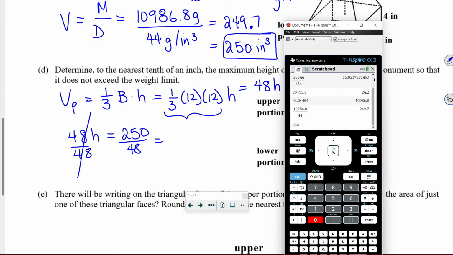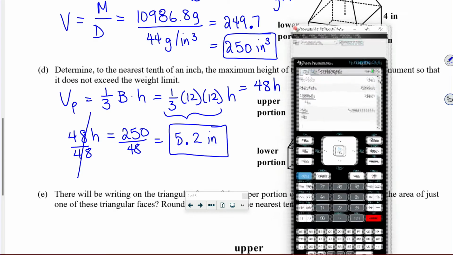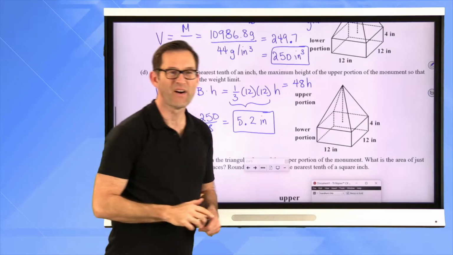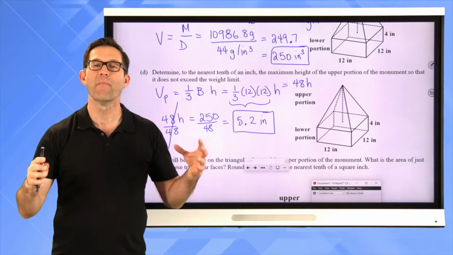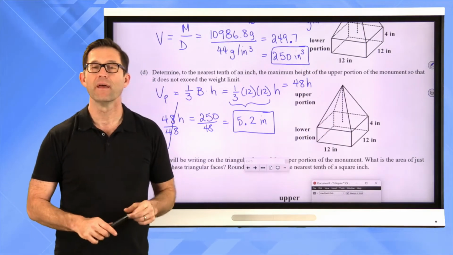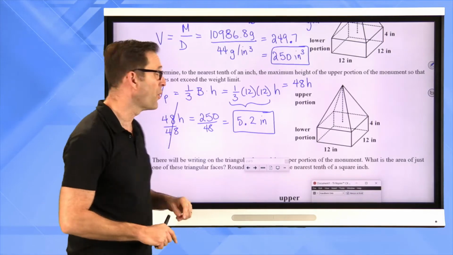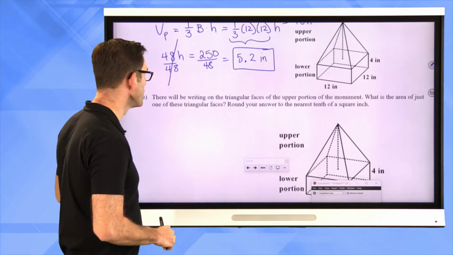So 250 divided by 48 is 5.2 inches. Excellent. 5.2 inches is the tallest we can make the pyramid portion of this monument and still stay within that 80 pounds. Let's take a look at one last little piece of this before we go on to our next modeling